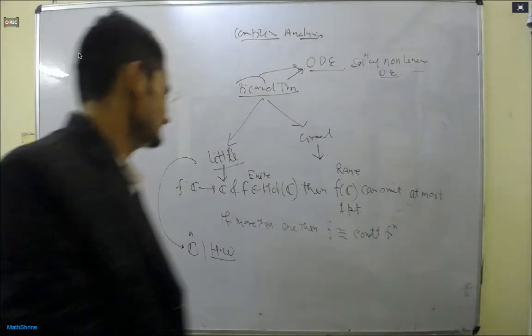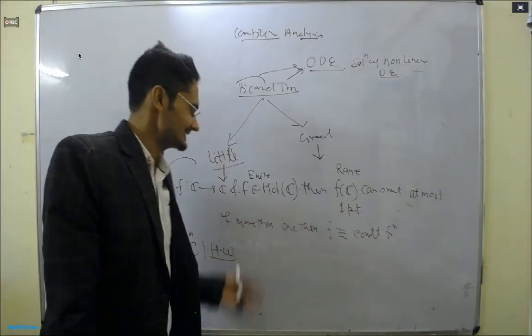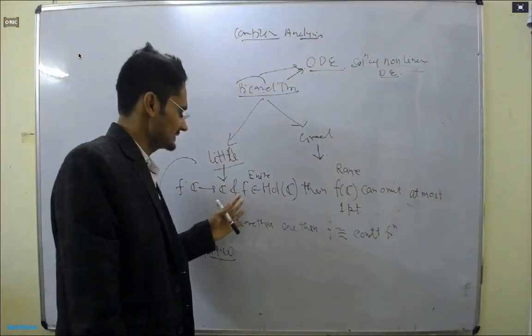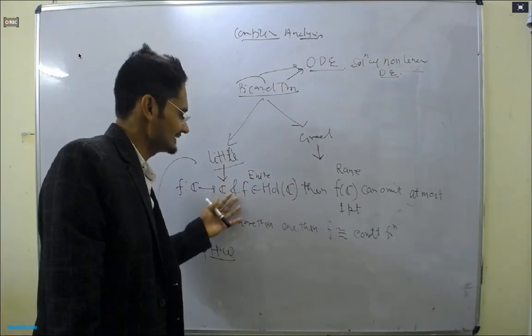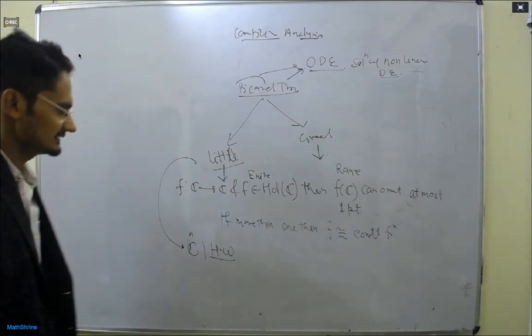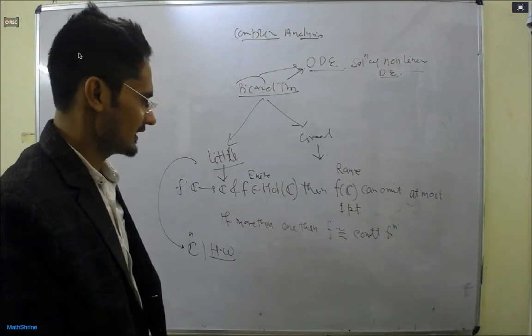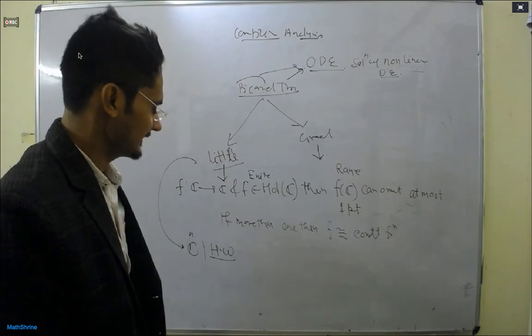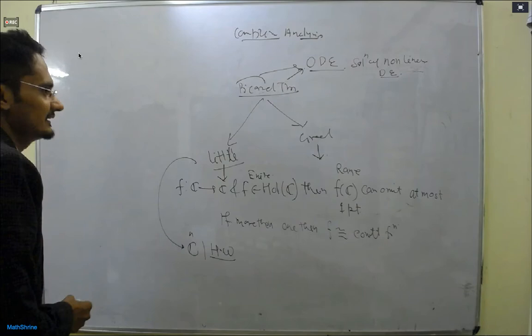So these are the results. You can look at some applications. I am not discussing it deeply here because this is not in your course, right? These are topics of advanced complex analysis. Otherwise, I could discuss it deeply because this is my area. And if you want, you can also look at the extension of this on the C hat, where there are two categories, I mean types of functions.